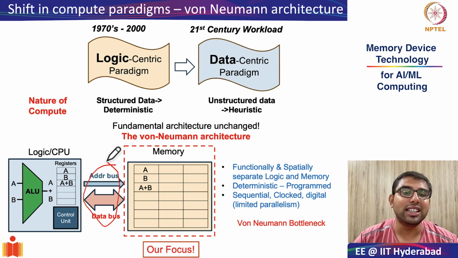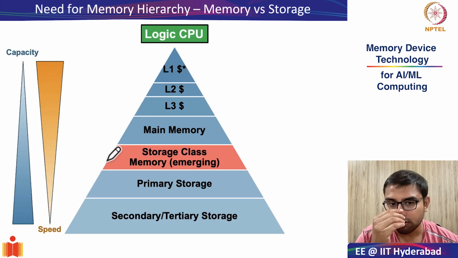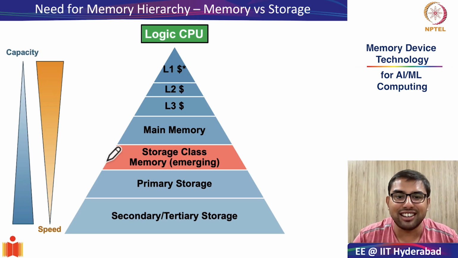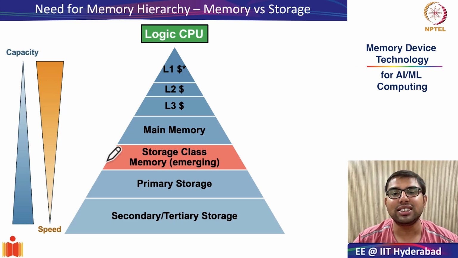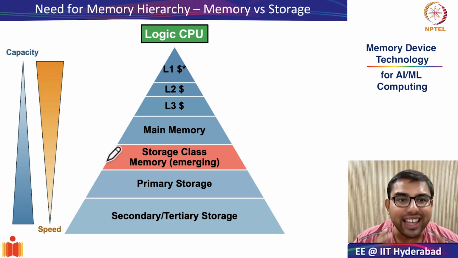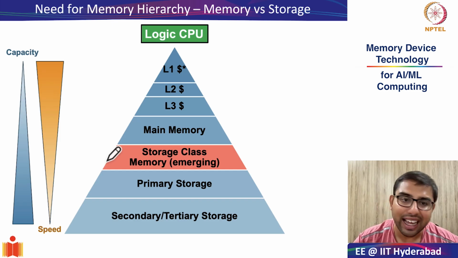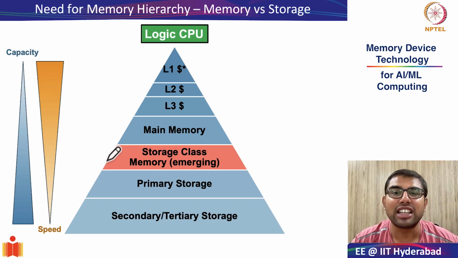Before we get into all this, we decided that in the first part of our course we will focus on the advances in memory and storage technology. That has been our primary focus. We saw that memory and storage technology is not just a simple box as indicated in the von Neumann architecture, but it is integrated in modern day computing systems in a very hierarchical manner. And we saw the reason for having this kind of hierarchical architecture from an example of personal finance. I hope you remember that example.